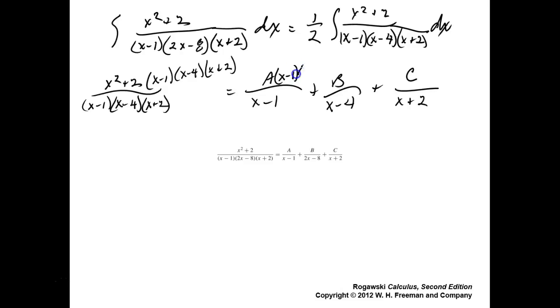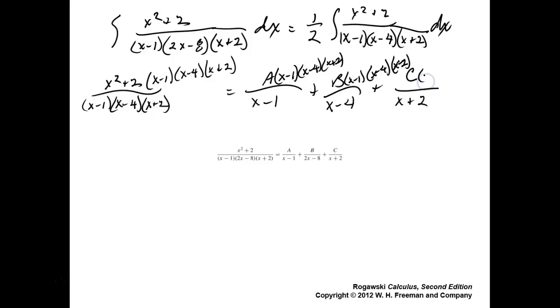That's times x minus 1 times x minus 4 times x plus 2. The b is multiplied by that as well. X minus 1 times x minus 4 times x minus 2. Yuck! And the c is multiplied by x minus 1 times x minus 4 times x plus 2. Okay. Ooh, my stomach's saying it's hungry. Okay. On the left-hand side, the whole denominator goes away, which is why we multiply by the least common denominator. Make it go away. That leaves you an x squared plus 2 is equal to,